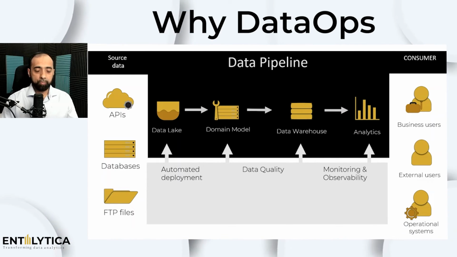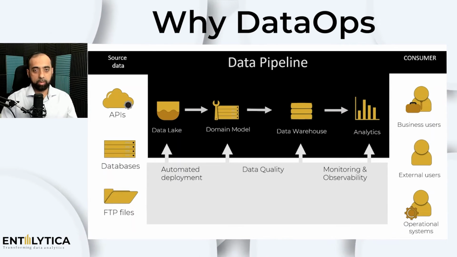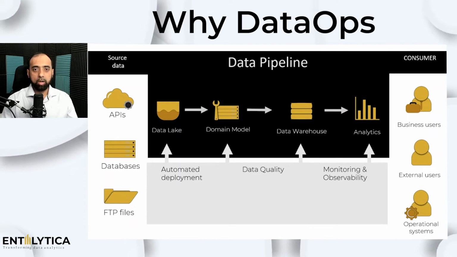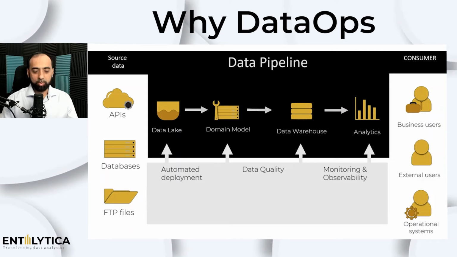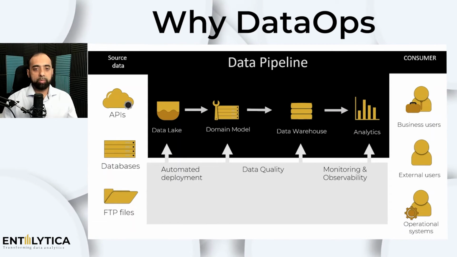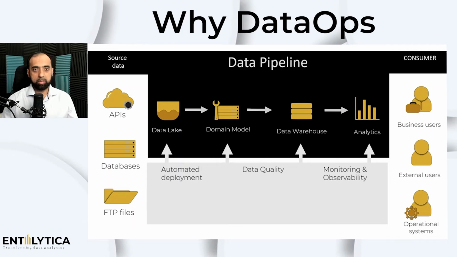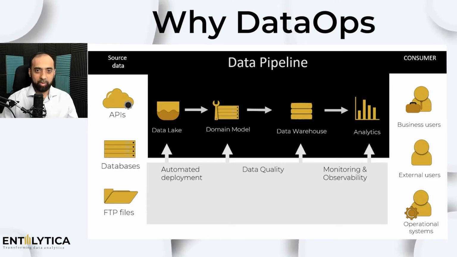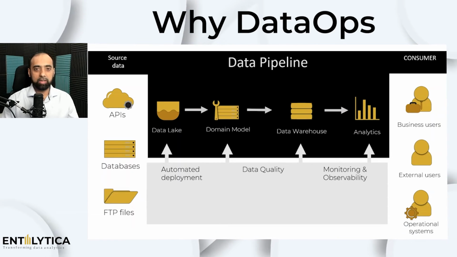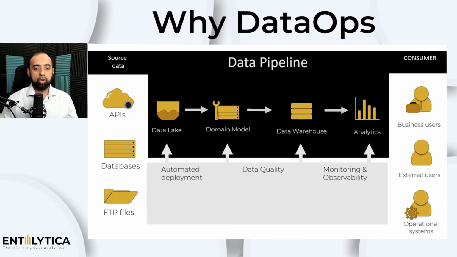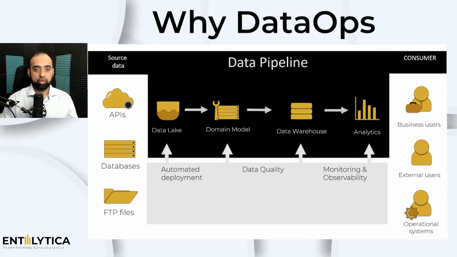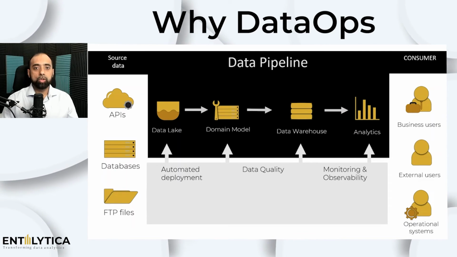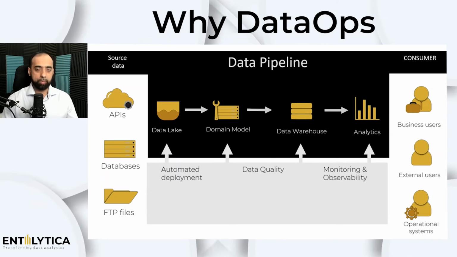Monitoring and observability. Now, if you've checked the aspect of data quality in dev and stage, that does not mean that you can be 100% sure, or even 70-80% sure, that your pipeline is going to be fine, because a very big component of data pipeline success is the source data, which we've learned from practice is never going to be perfect. It's a fallacy to expect that even. So we will always ingest data which perhaps shouldn't be there in the first place. It should be fixed at source.